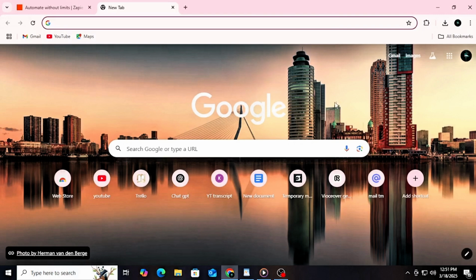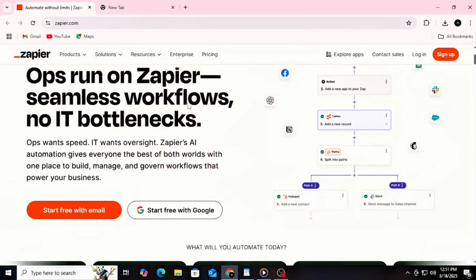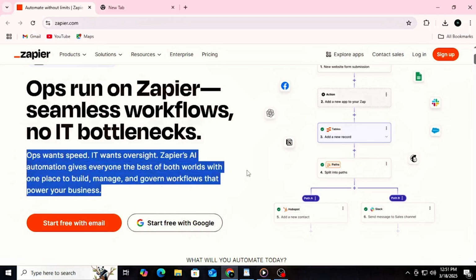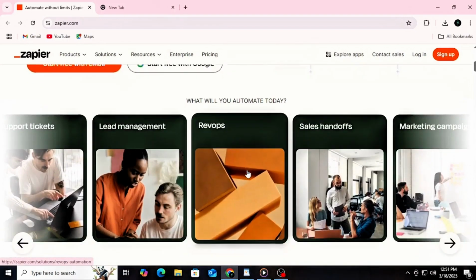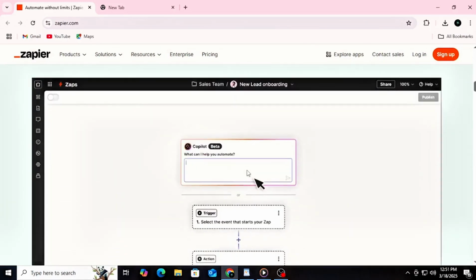In this video, you will learn how to automate repetitive tasks between different applications without any coding. Zapier is a powerful tool that connects your favorite apps and services, allowing you to save time and reduce manual work. By the end of this video, you will know how to create Zaps, use triggers and actions, and explore